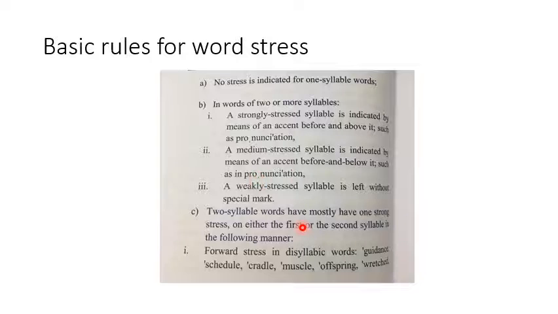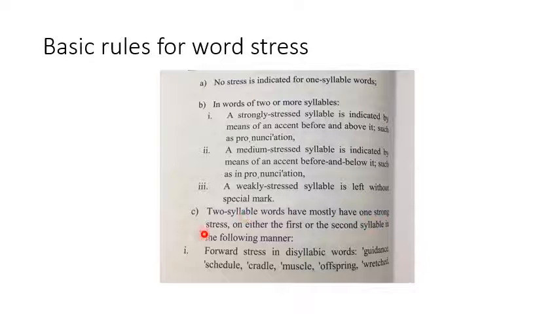تمام؟ A weakly stressed syllable is left without special mark. المقطع اللي ما عليهوش stress خلص بلهوش stress mark. زي المقطع الأول مثلا والمقطع الأخير. البرو والشن. تمام؟ طيب, إذا 3 قواعد. strong stress بعلمه بإشارة قبل المقطع وأعلاه. الميديوم stress إشارة قبل المقطع أسفله. الweakly stress ما بدهوش إشارة أصلا. تمام. Now see, 2 syllable words have